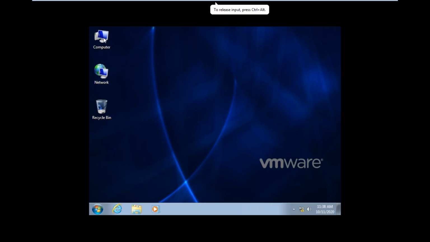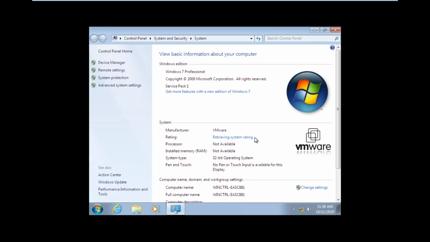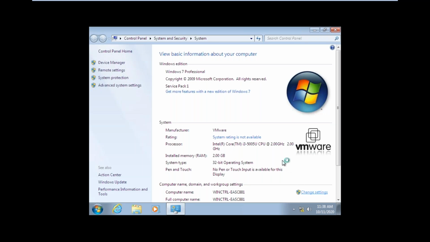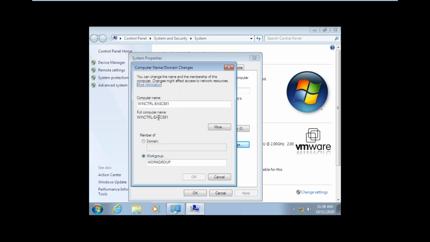Go to the Windows client, right click on computer, properties, change settings, change computer name. Here I am giving the computer name client 1.